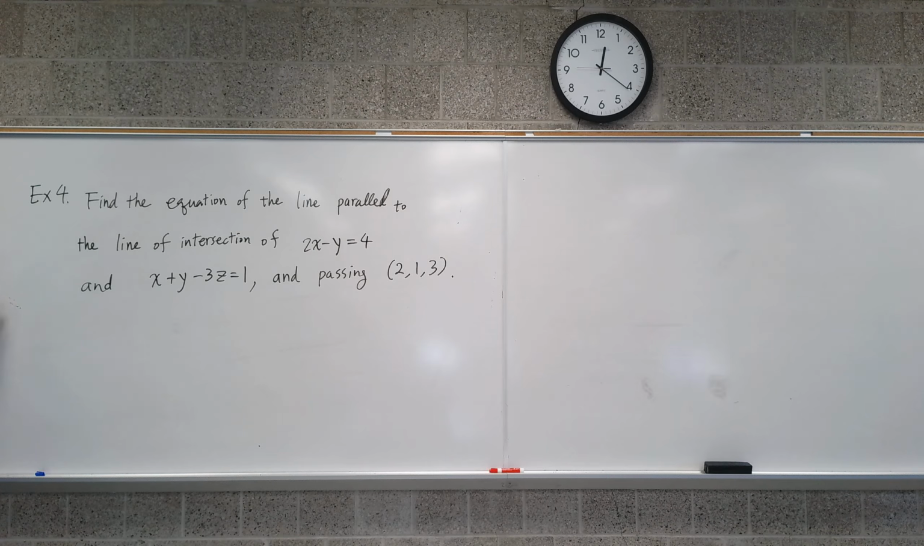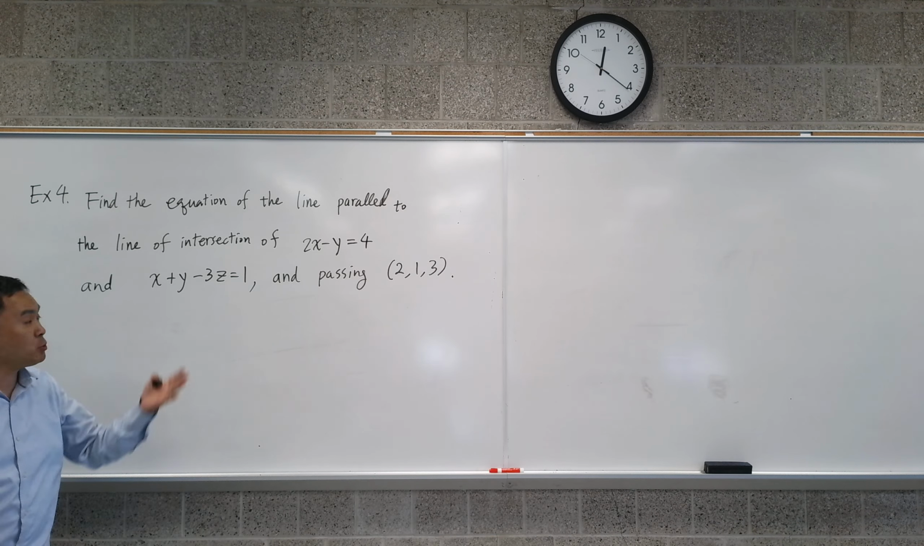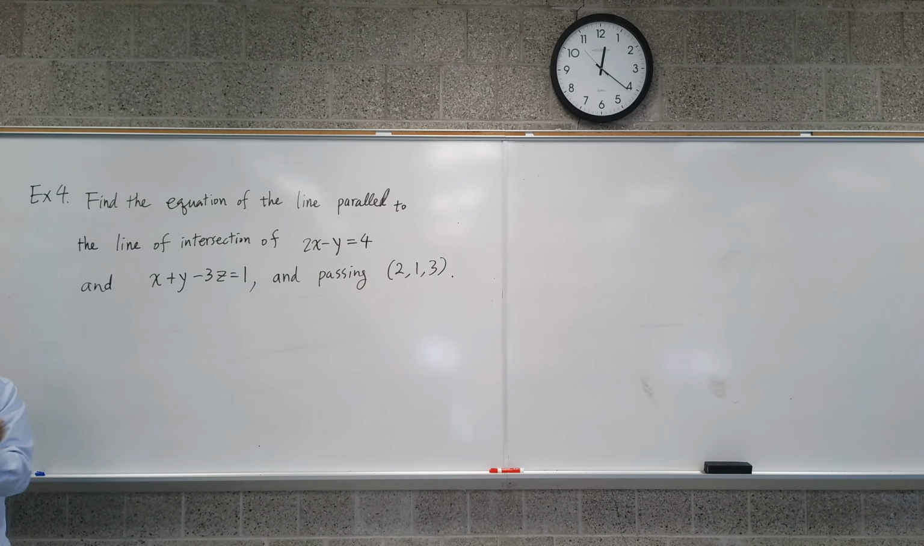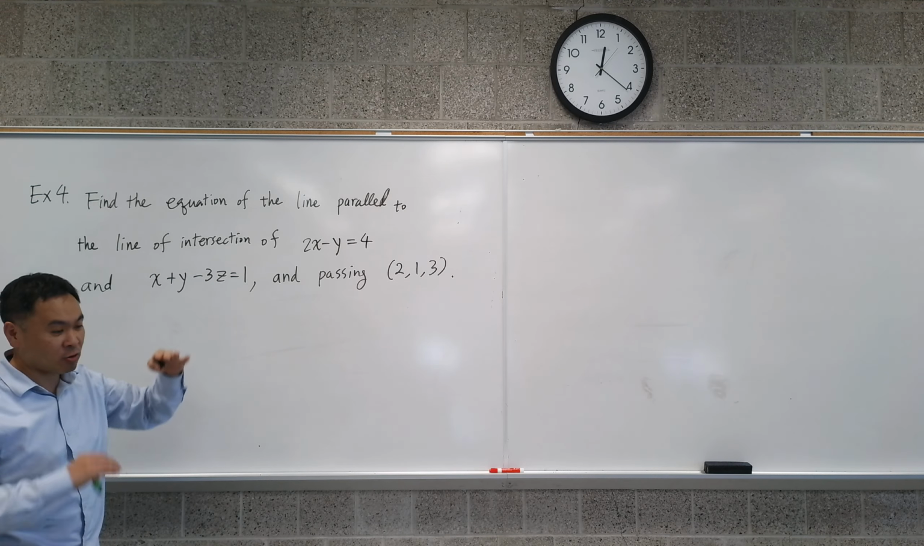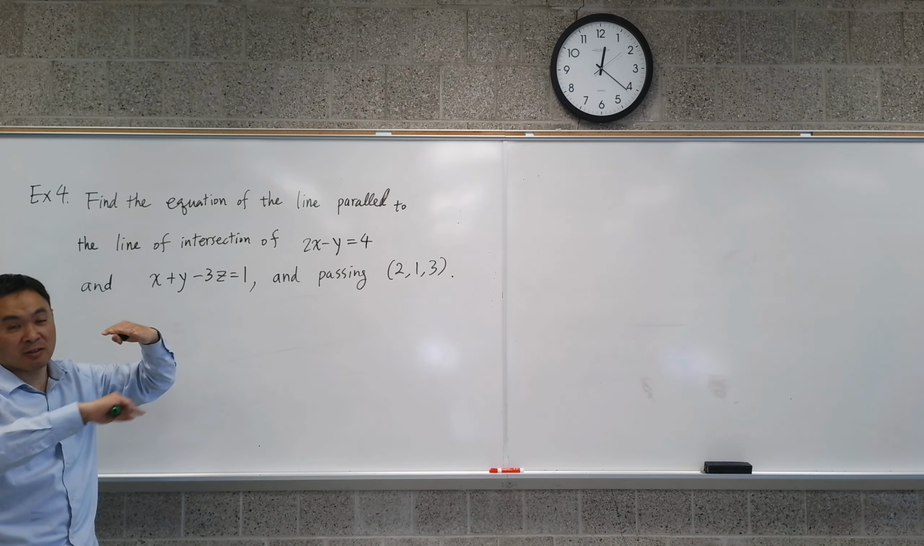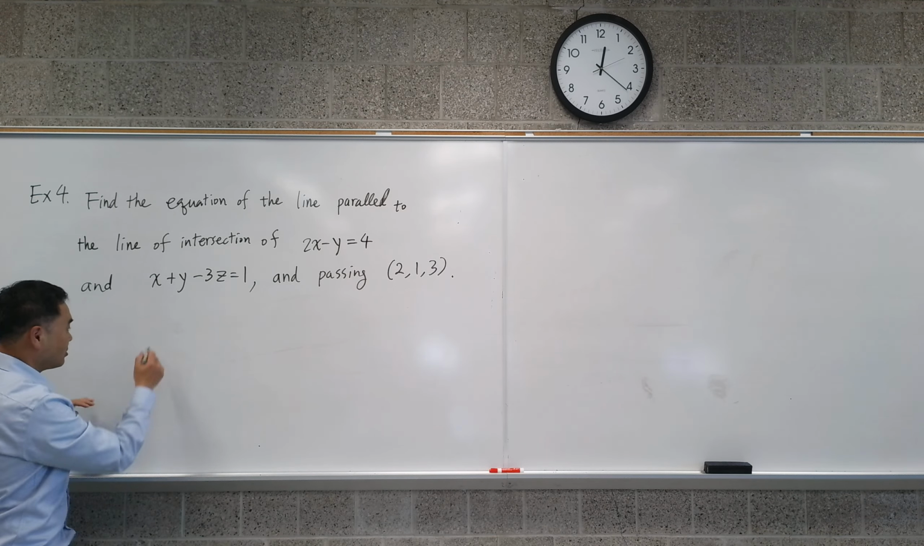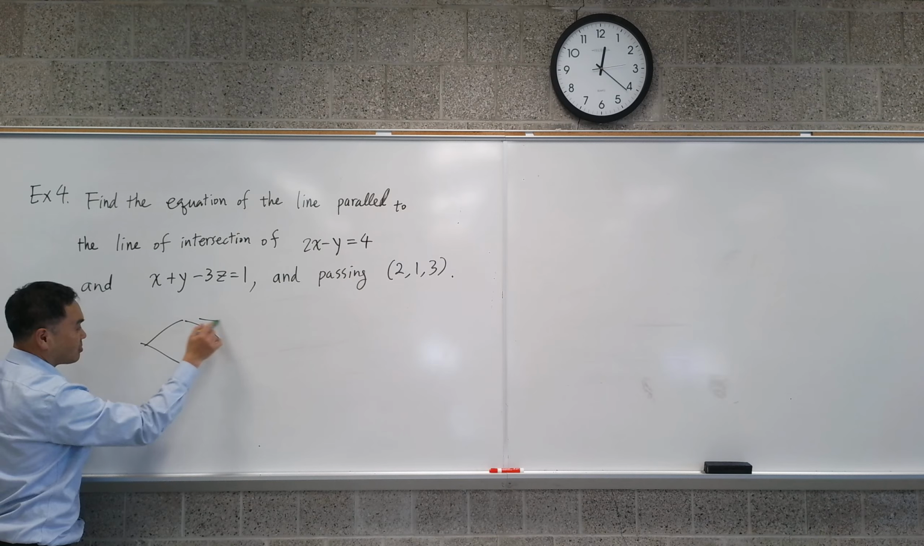Let's look at this next question. This time you have two planes, okay? Two planes, they are going to intersect, and the intersection of two planes is going to give you a straight line, okay? And you are to find an equation of a line that's parallel to that line of intersection. So there's like two planes that's